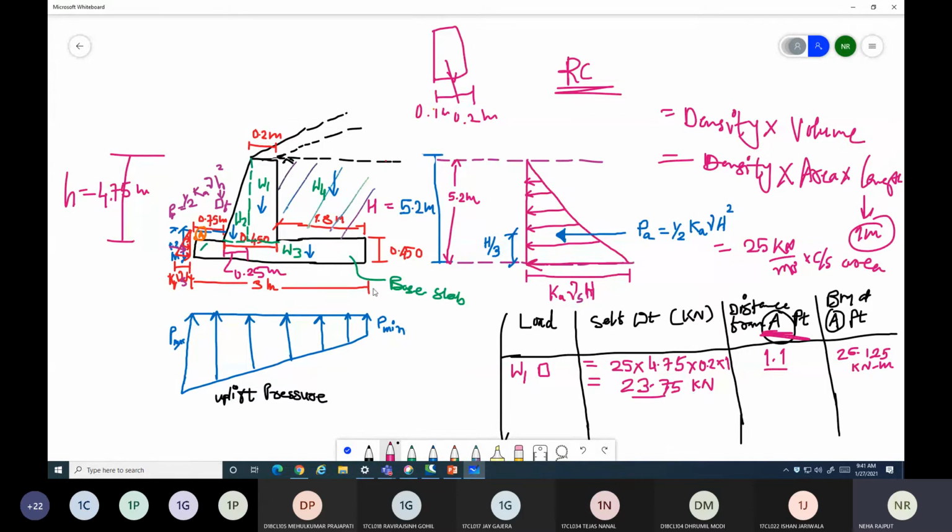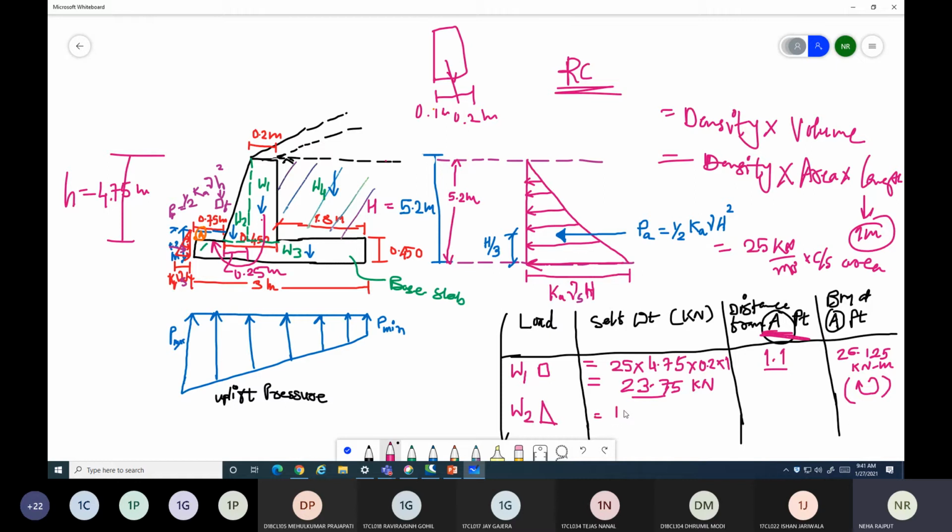Now see the direction of moment. This is A point. This is your downward direction. Due to this downward direction, the moment will be clockwise. If you hold A point and look with the movement of your hand, then this W1 force will give the clockwise movement. This is your positive clockwise movement for the W1 force. Same way you need to perform for W2. Now W2 is triangle.